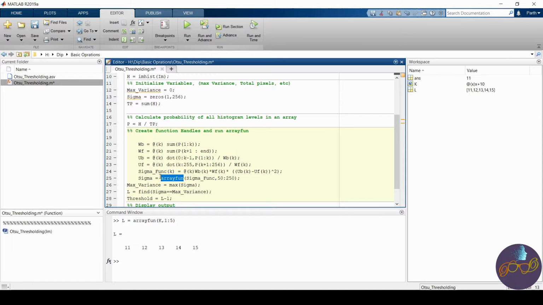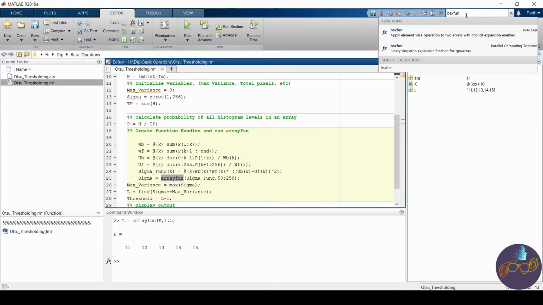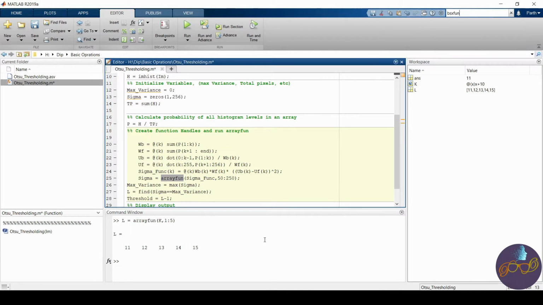You can explore that bsxfun, this is the name. It applies an element-wise operation to two arrays with implicit expansion, so you can check that.